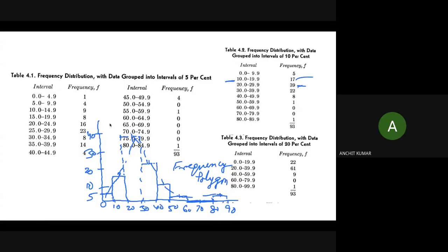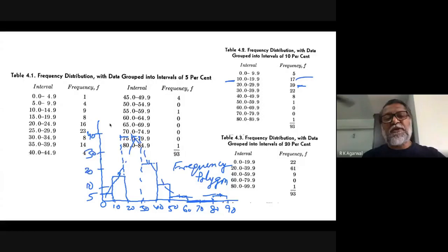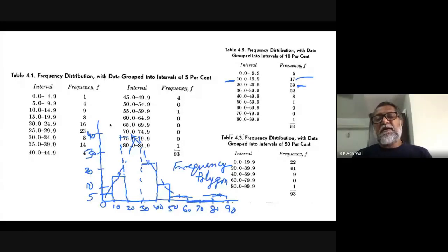Will you be able to draw histogram and frequency polygon? A histogram can be drawn simply by drawing bars whose height should be proportional to the frequency and whose width should be proportional to the interval. And then once you have completed the histogram, the next step is to mark the midpoints of each one of them and draw a straight line, which will give you a line called a frequency polygon.